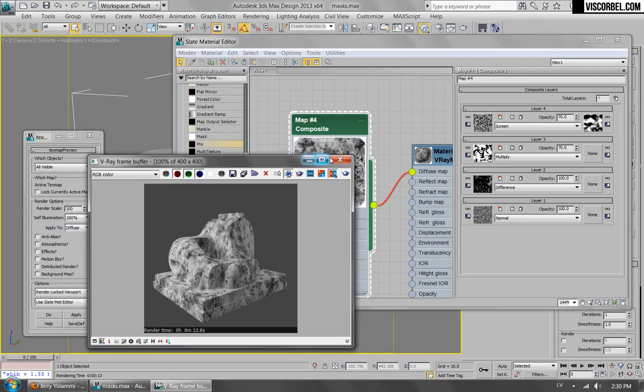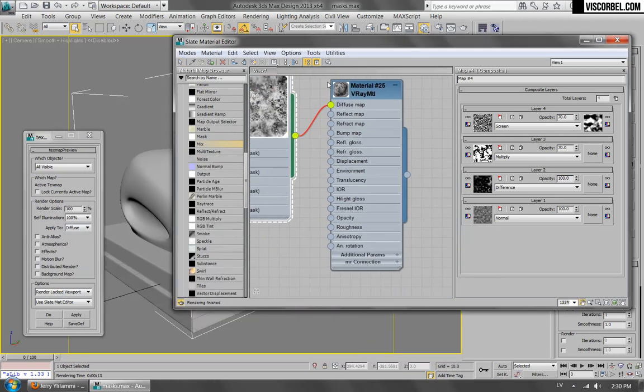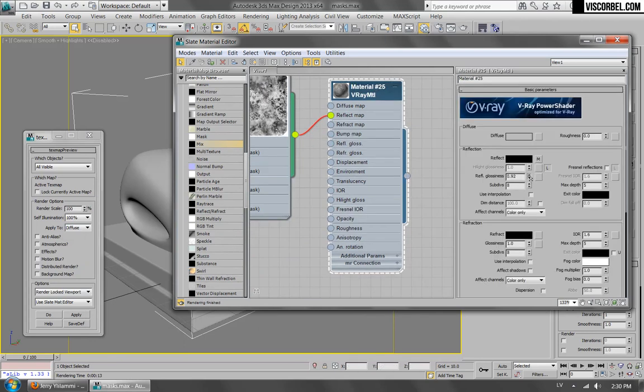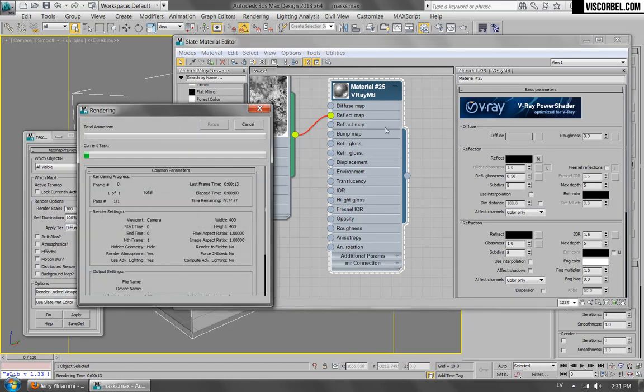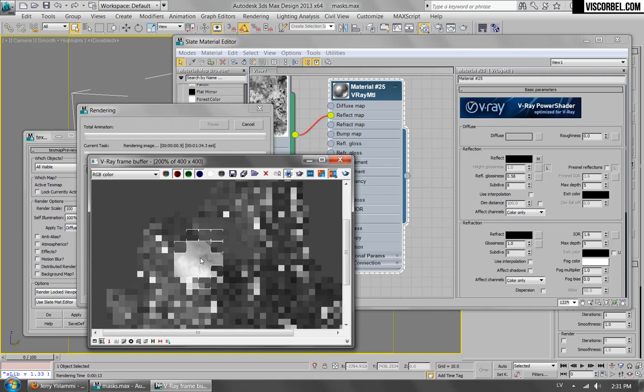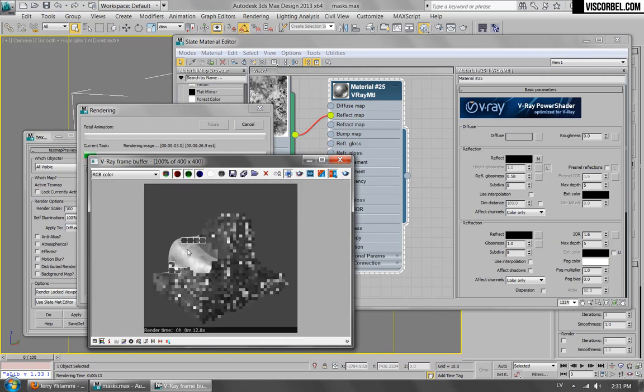And I think this would look nice as a reflection map or as a bump map. So let's try it as a reflection map. And maybe blur the reflections a bit. And a nice patchy look. Okay, so that's how you use those